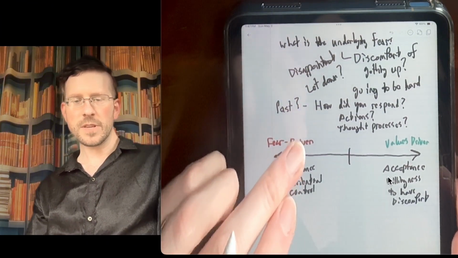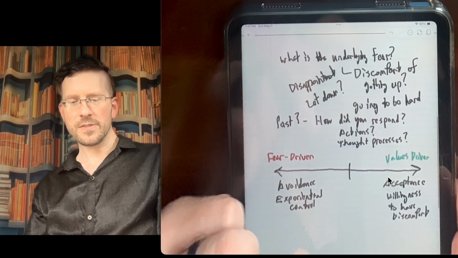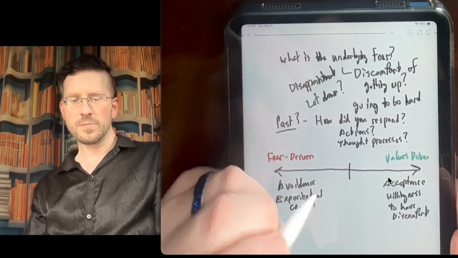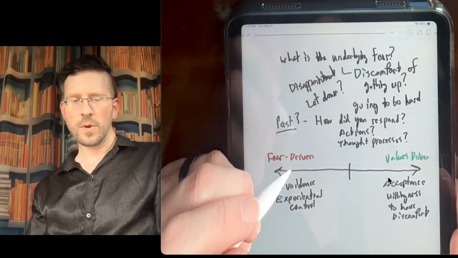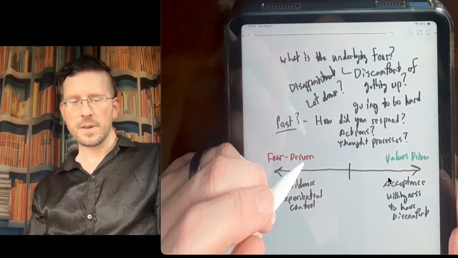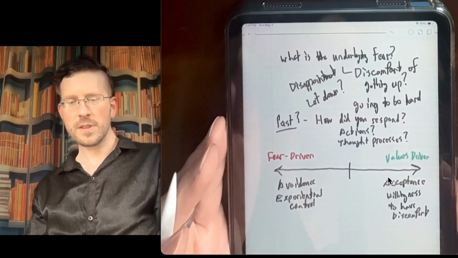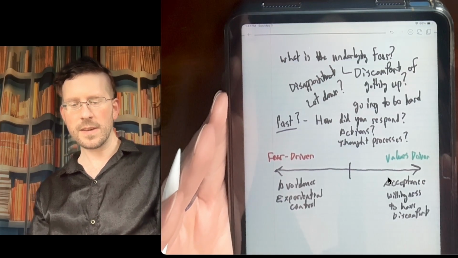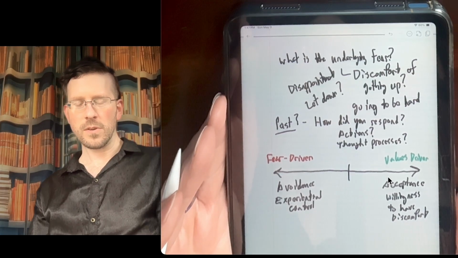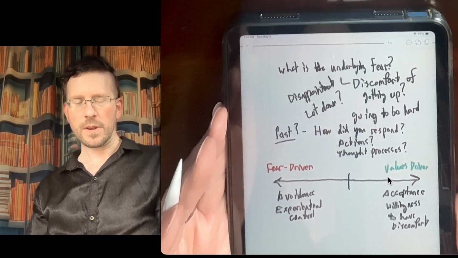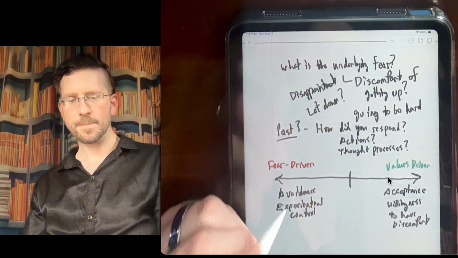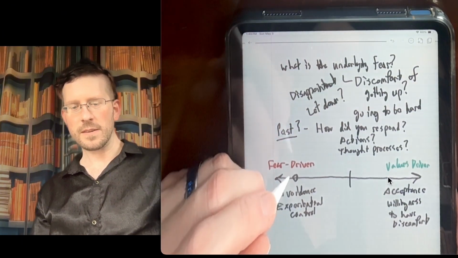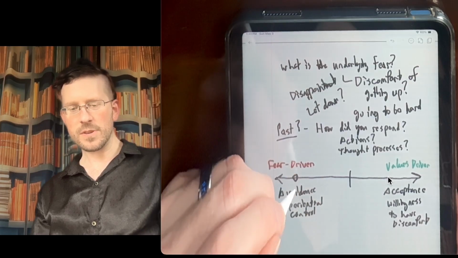And where would you put yourself? Maybe where are you falling as you're thinking about it, or if you're processing the past, where would you put yourself on how you handled the situation? If we're talking about feeling lethargic, depressed, down, and you just feel like staying in bed all day, your mind is telling you it's not worth it to get up. It'll only be worse if you get up. Whatever those thoughts are for staying in bed, and you just stayed in bed, you might put yourself farther on the avoidance side, on the experiential control side.